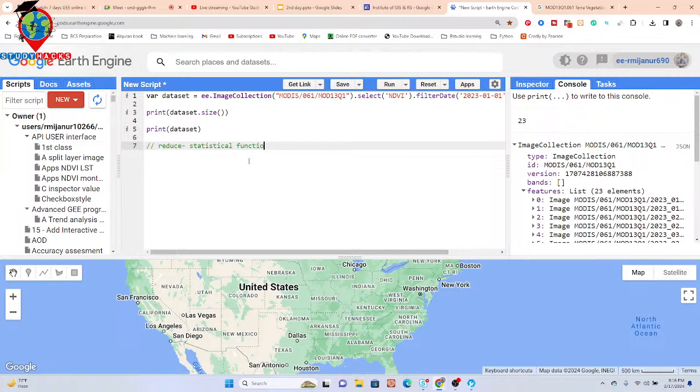It's a statistical function. Mainly it reduces using, suppose, average, then median, or standard deviation, or mean, minimum or maximum. Okay, so basically we use reduce for this type of calculation: average, median, standard deviation, minimum, maximum. This time I want to use this total 23 image collection and reduce my image,